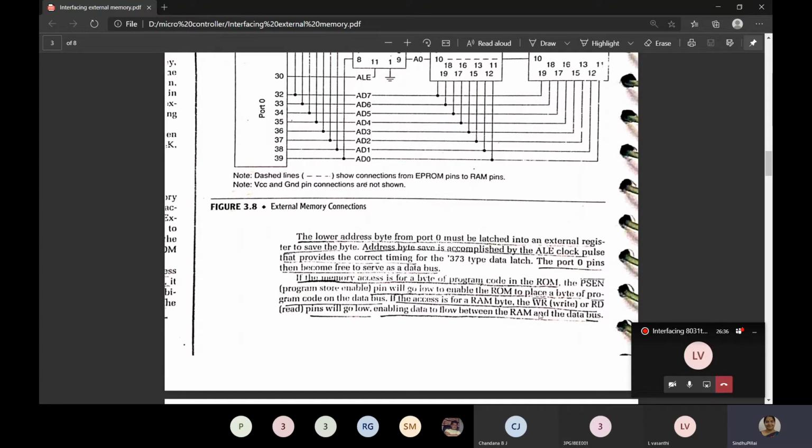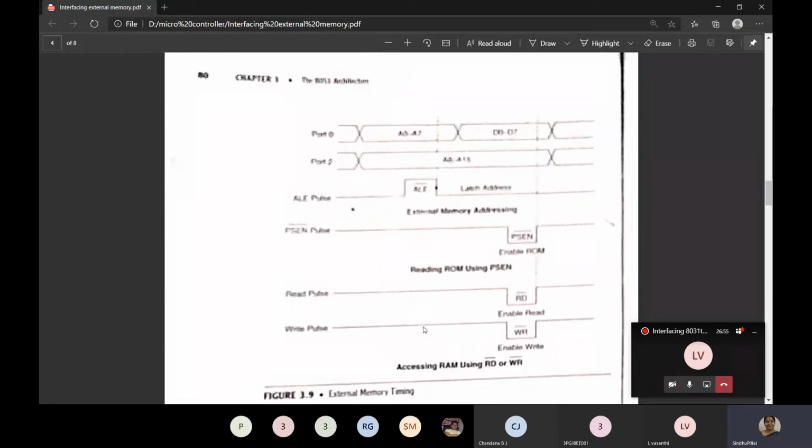If the access is for a RAM byte, then the write and read pins will go low. So if you want a byte from ROM, the program store enable pin will help you. If you want to access RAM, then the read and write pins will help us. That figure is shown here.